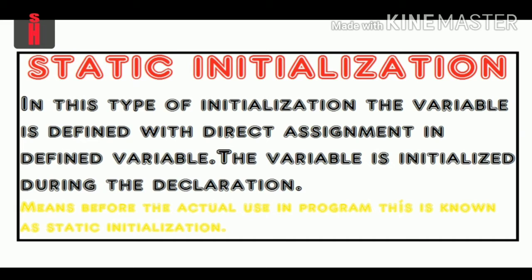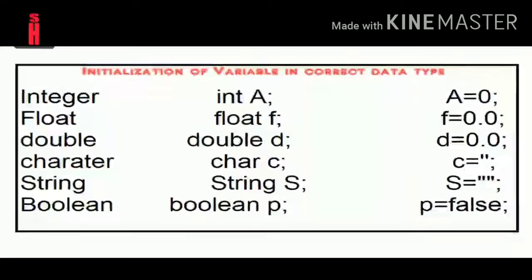For example, a simple program of sum is an example of static initialization. If the sum of two numbers is to be found, we have to initialize, or declare, a variable at the declaration time, meaning before the actual program use. A variable which is declared at the declaration time is used by the program logic after a value is assigned to it. That is known as static initialization. That is the end of static initialization.